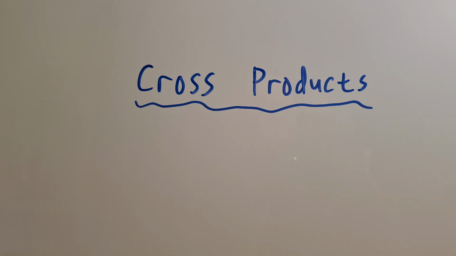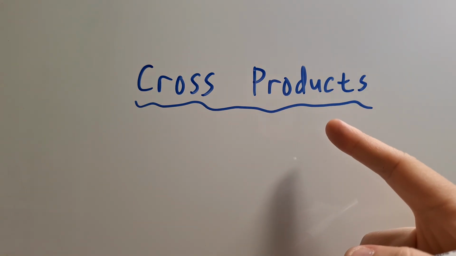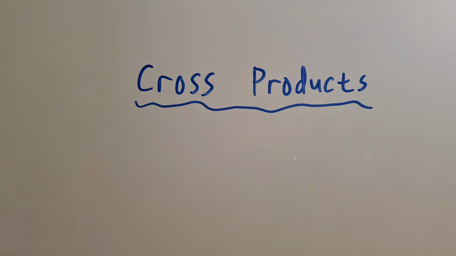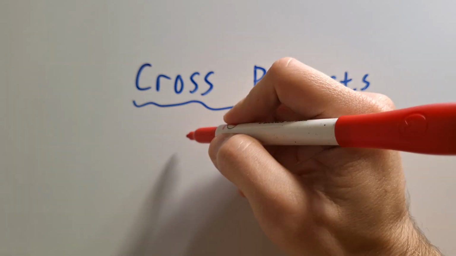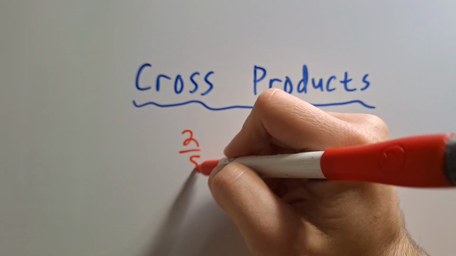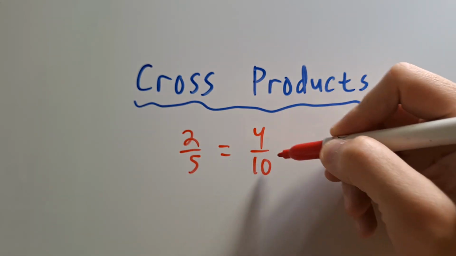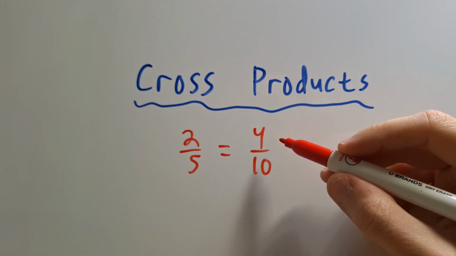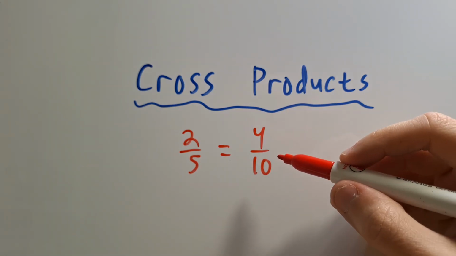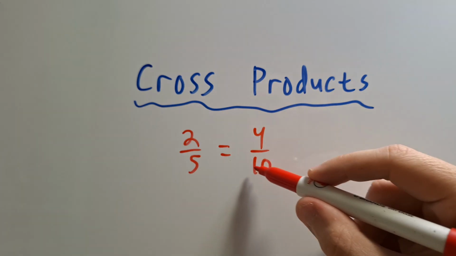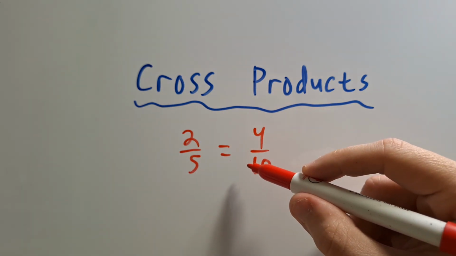Hello everyone, in this video we're going to solve proportions using the cross products technique. So to see whether a proportion is true, let me draw a proportion out first. 2/5 equals 4/10. To see whether a proportion is true, first we multiply along one diagonal, then multiply along